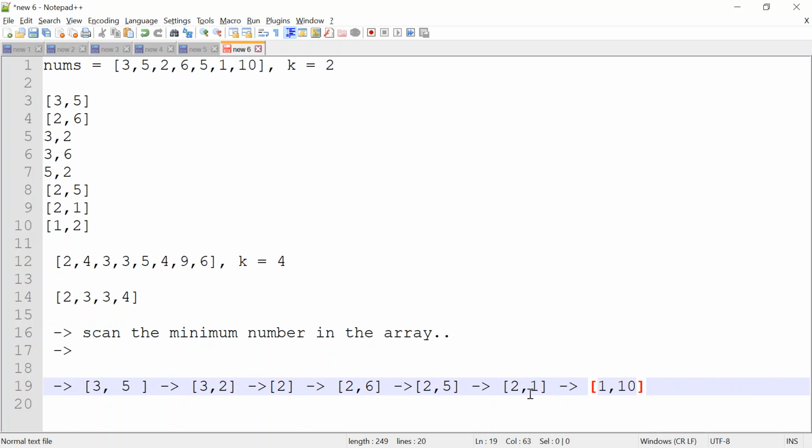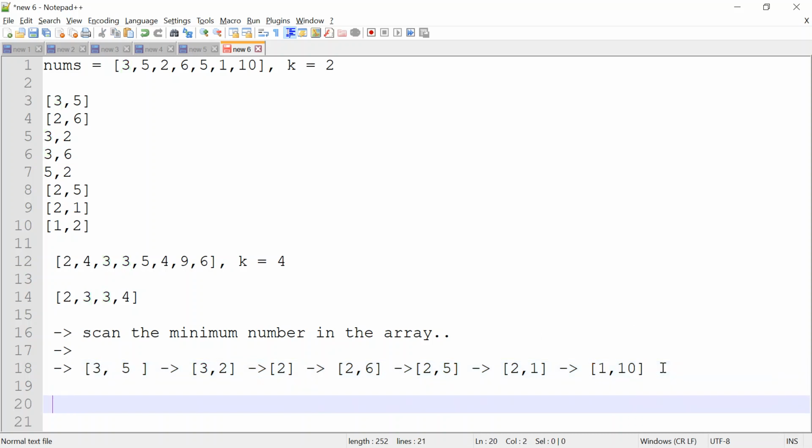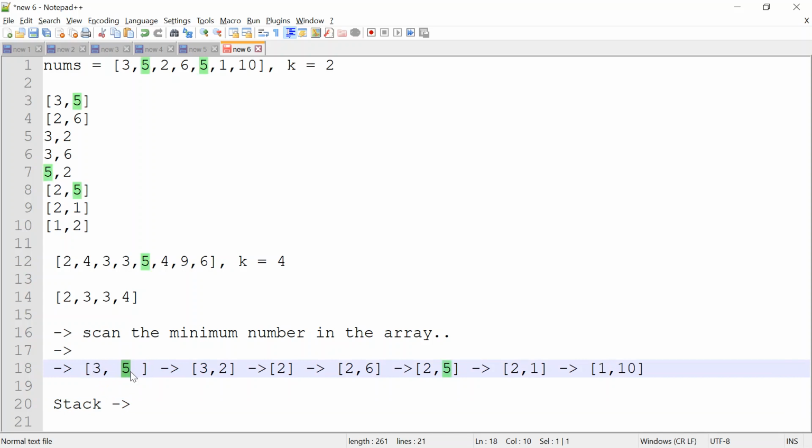I hope with this you could understand what we are trying to achieve here and how. What we're trying to do is insert one value at a time into a given data structure, and then compare with the next element coming in the array. And we are going to use a stack. Why stack? First we push 5, then push 3, then push 5, then I got a 2, so the value in the stack, I'll pop out 5 and add 2, and go forward.